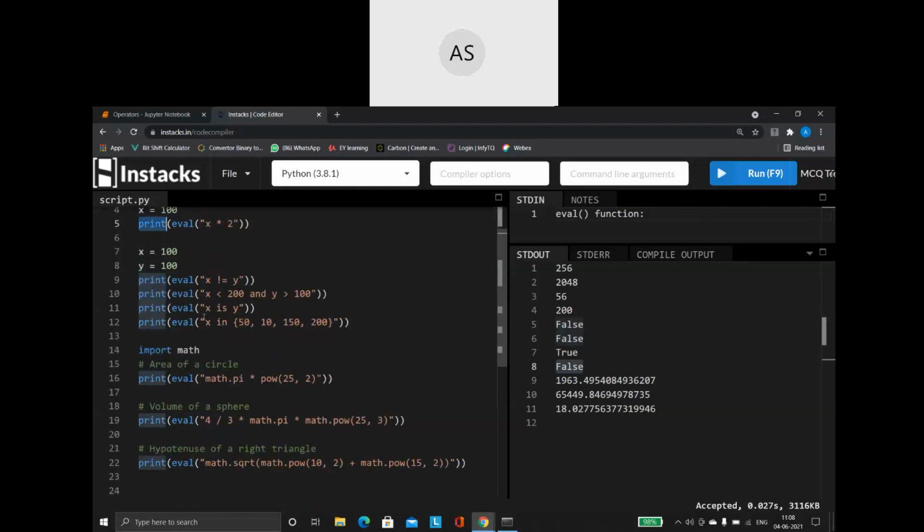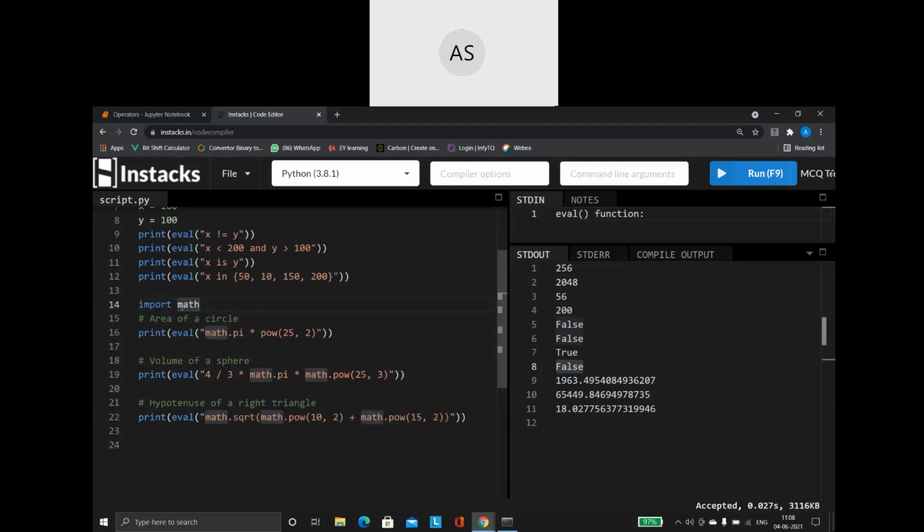That is my choice. If I want to do any variable comparisons, to compare these two, for that also I can use the eval. If I want to do a search operation using the in operator, for that also I can use the eval to evaluate my expression. So understand the purpose of it is to evaluate the expression.